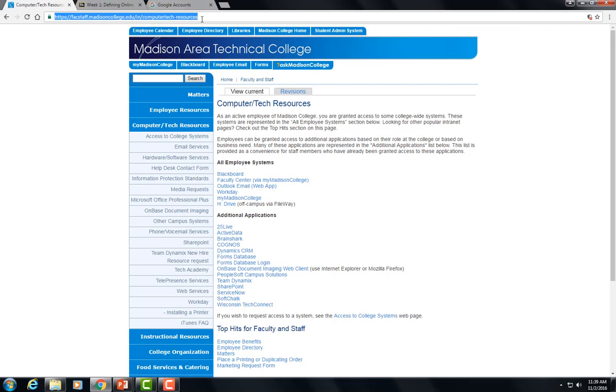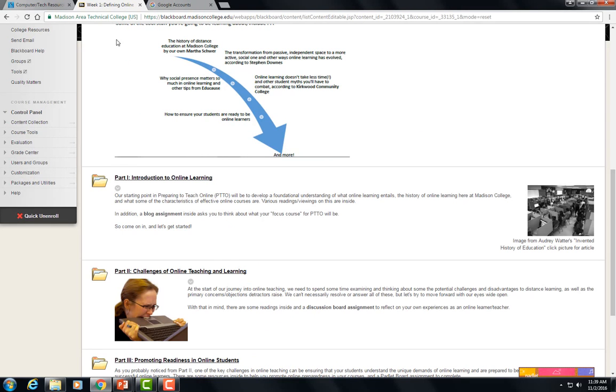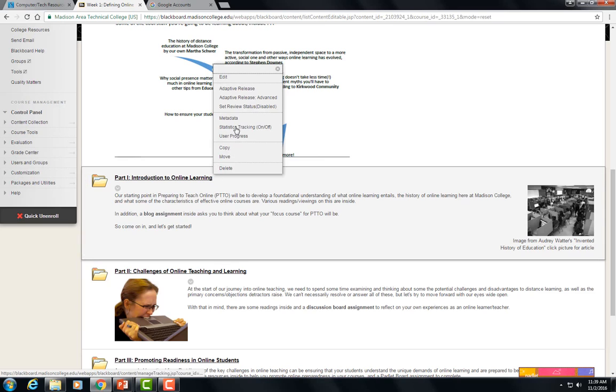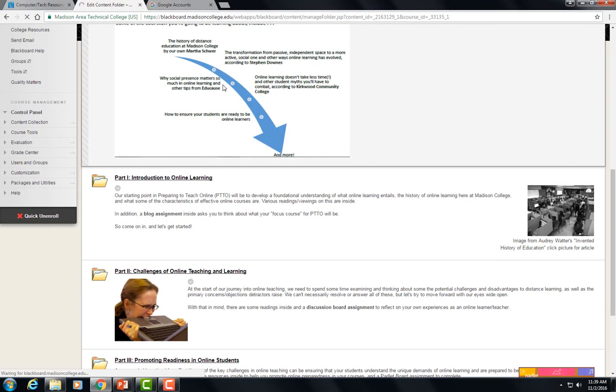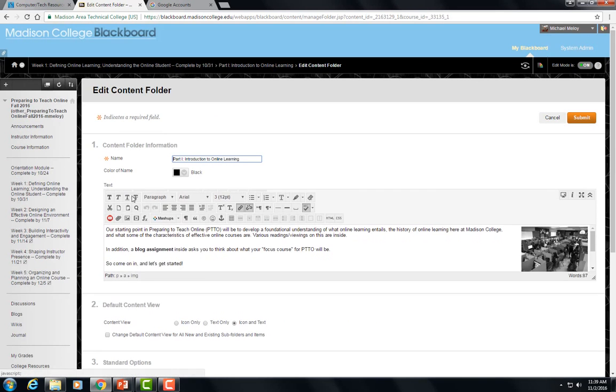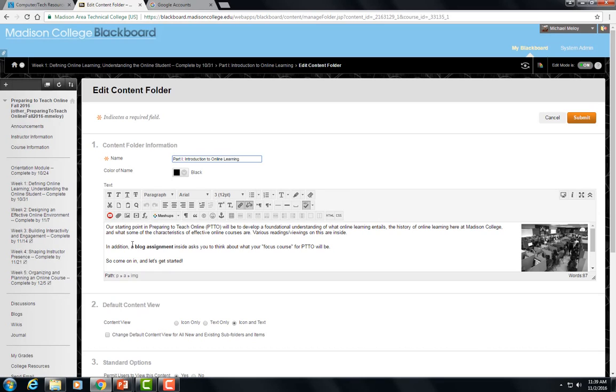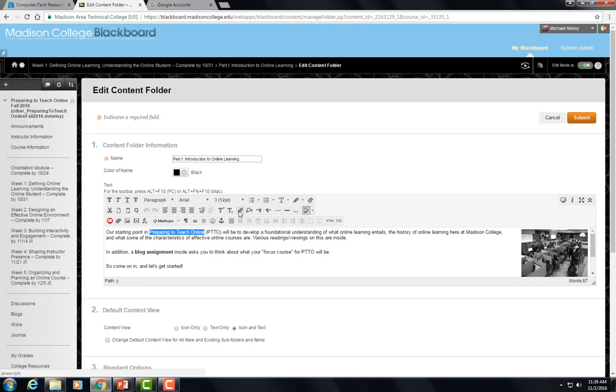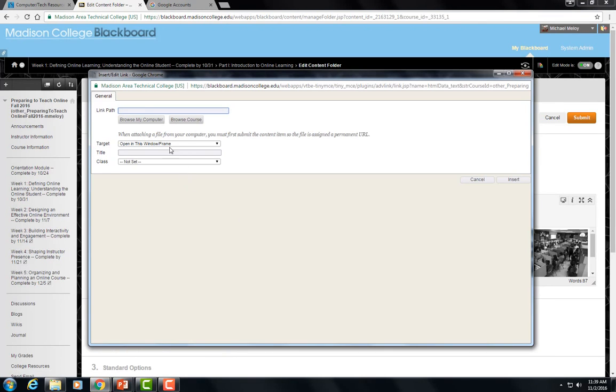I'll copy the URL from this website here. I'll go into our class and I'll embed it into a content area. I would encourage you not to just paste the URL itself. Instead, type a description of the link, highlight that text, and click on this button right here. Paste the link into this box, select Open in New Window, click Submit,